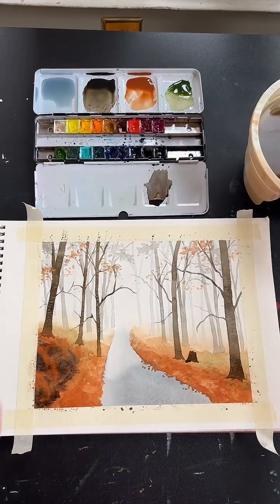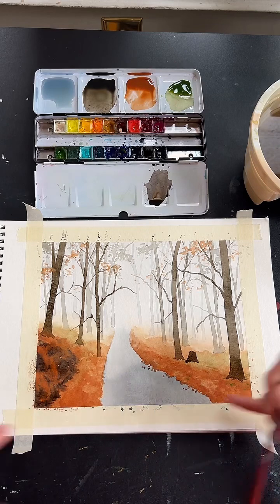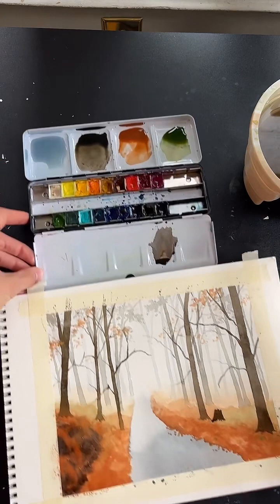Okay, great. We're going to let that be there. Okay, let's paint the road real quick. That'll be kind of one of our last details, and then we're just going to ground those trees in just a little bit. So let's get a nice...